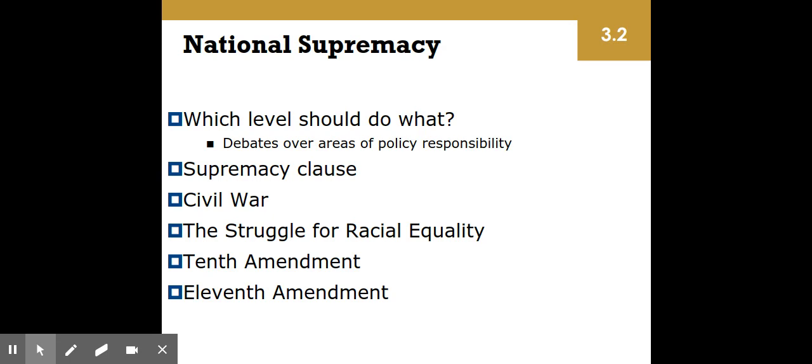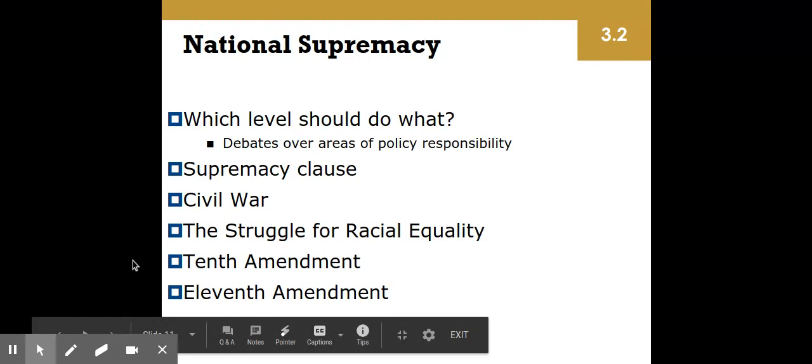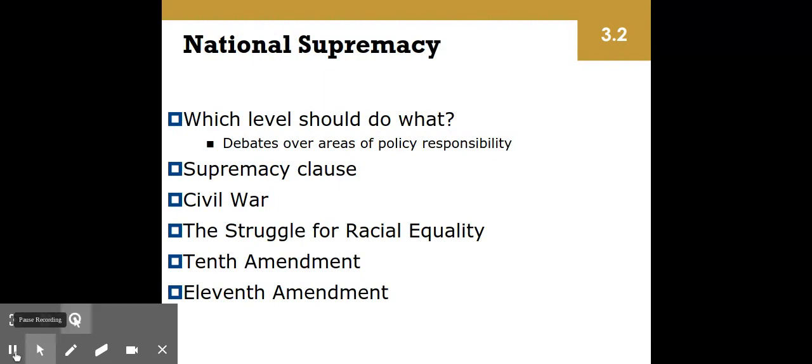The Civil War attempted to answer this question even further because obviously Southern states wanted the states to take a lead in most issues, but they lost. And of course, the struggle for racial equality proved that when it comes to civil rights, voting rights, other types of matters, even, for instance, frequenting businesses, state and local government had a lot of control over those things, but they did a poor job of it. Slavery, and then afterwards, the issue of segregation would continue to fall short when it came to state and local government.